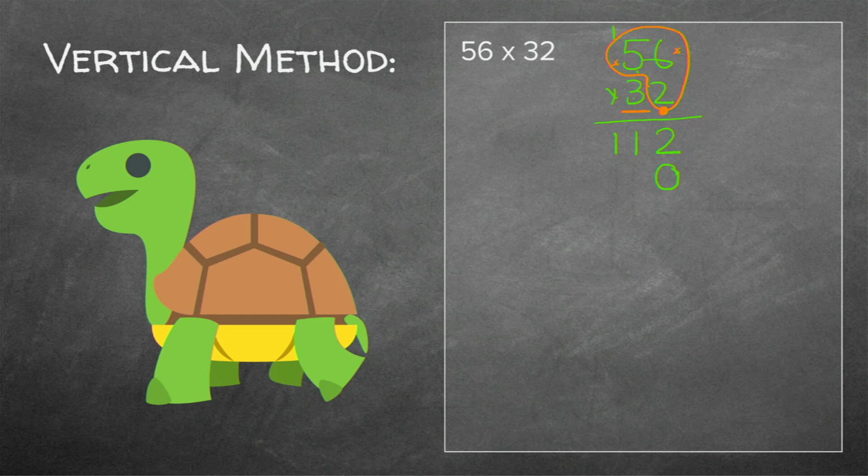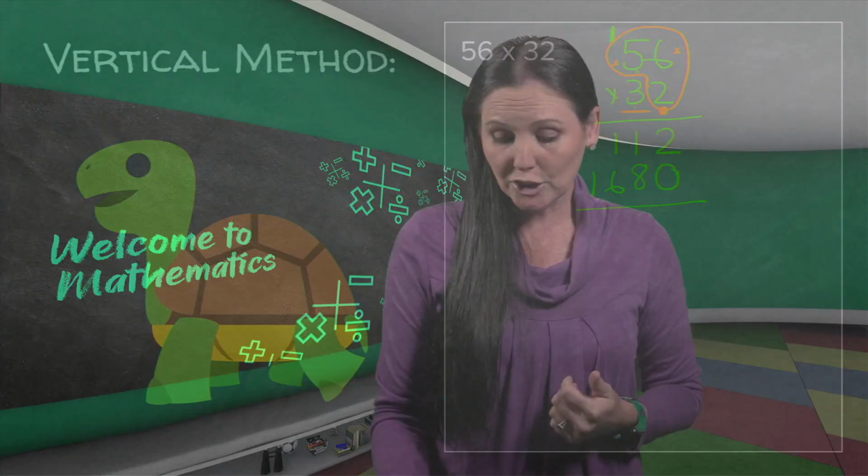Now I can start by multiplying with my tens. 3 times 6 will be 18. Remember, take the 10 to the 10. There will be a 1 again. 3 times 5 equals 15, plus the 1 will be 16. So you multiplied 30 by 56 just now. And now you can add the answers.